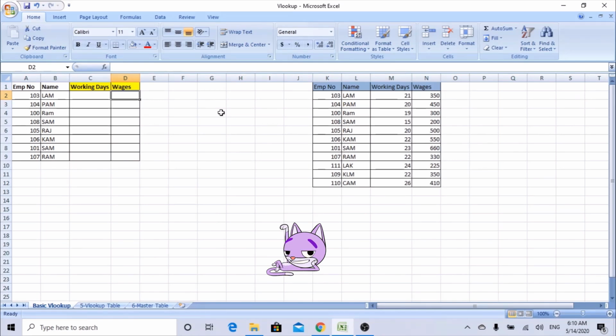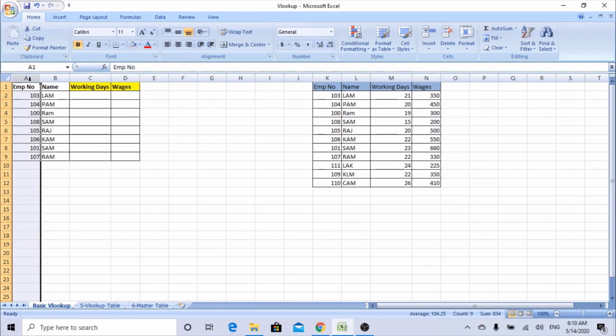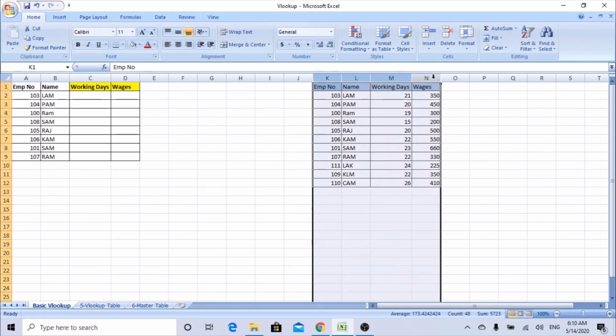Today's session we learn basic VLOOKUP. As you can see, I have a tab called basic VLOOKUP. So I have a small data from A to D, the employee numbers and name, looking for the working days and wages. K to N columns have the employee working days and wages. So we are trying to pull from K to N column into the C and D,